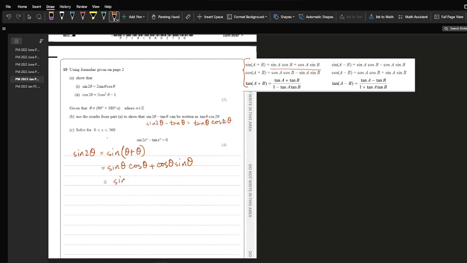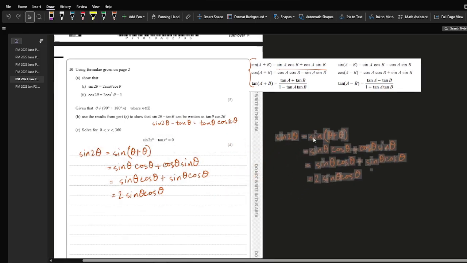So we just rearrange it. Sine theta, we just write it at the beginning and then we write cos theta. So it becomes 2 sine theta cos theta. Easy. Then the next question,